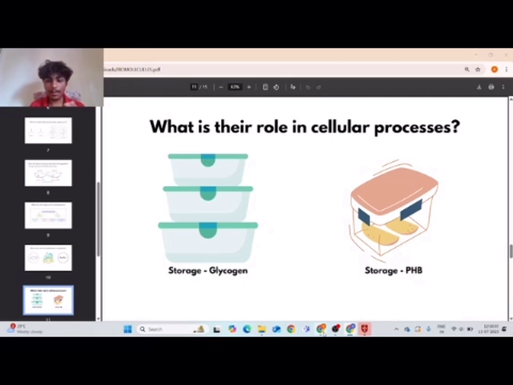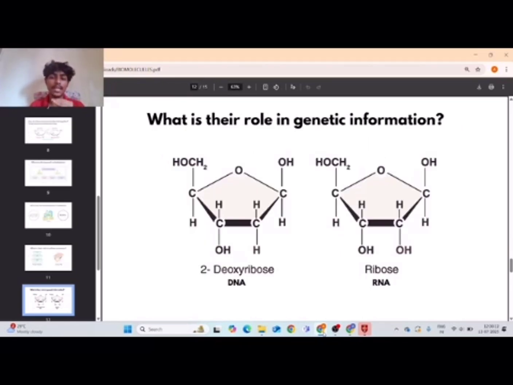Now, apart from metabolism and cellular processes, carbohydrates also play a major role in genetic information, as genetic information is carried through DNA and RNA, and both of these molecules are made up of a particular ribose group, which is essentially a sugar. So this ribose group is one of the main constituents in the formation of DNA and RNA, and this carbohydrate plays a major role, as without this ribose sugar, the entire backbone of the DNA or the RNA would